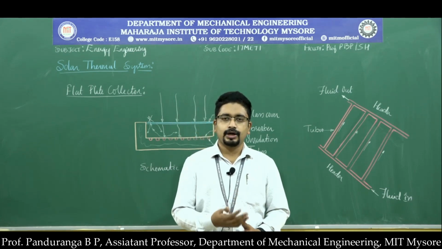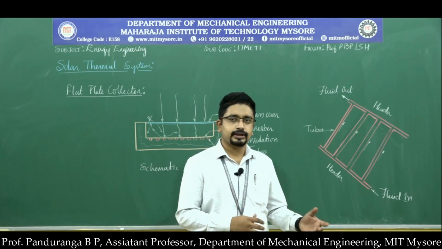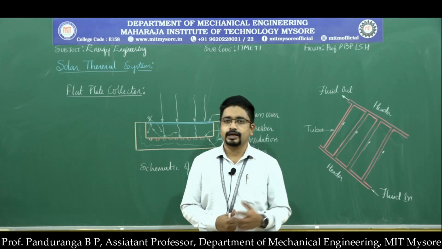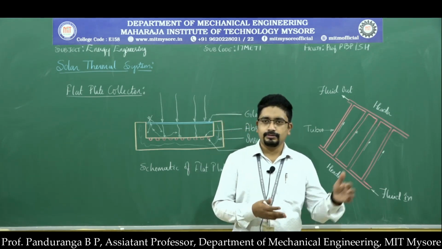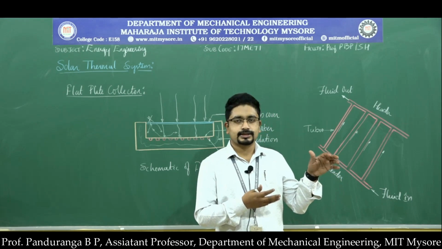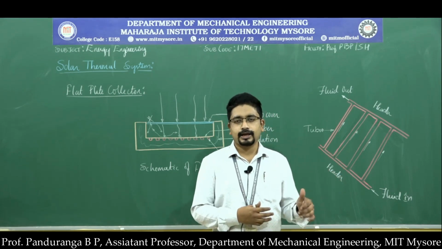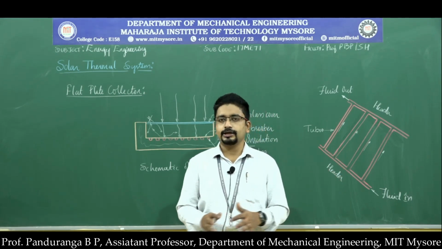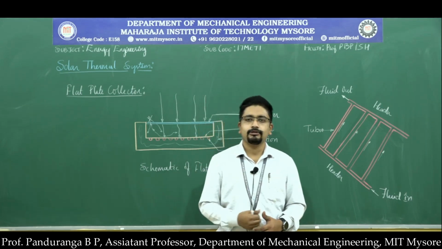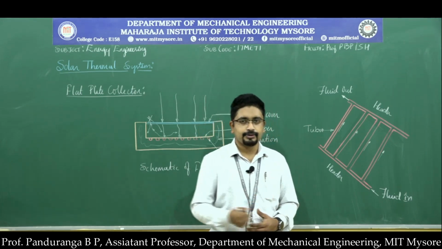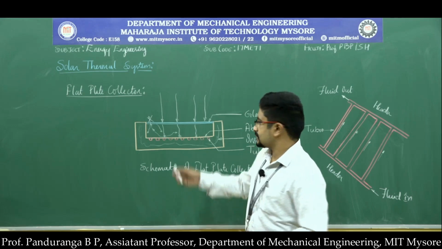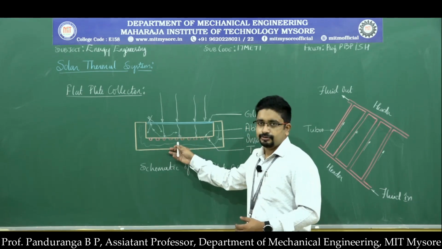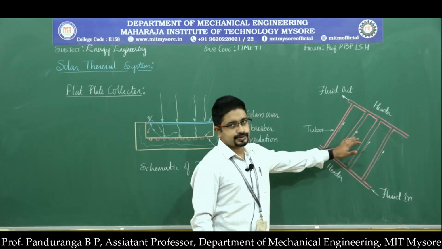If it is a water heater, then whenever we need hot water in our house, we can switch on the tap. Until the water which was stored in the pipe gets emptied, you will get cold water, and after that you will get hot water coming from the tap. So this is the cross sectional view. So here we have just the tubes.